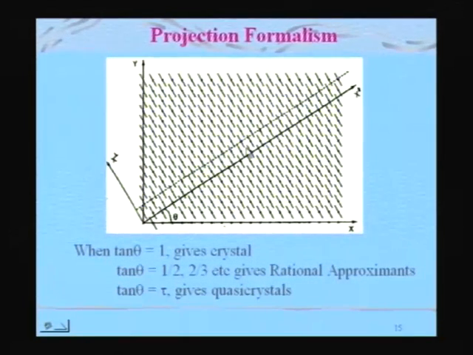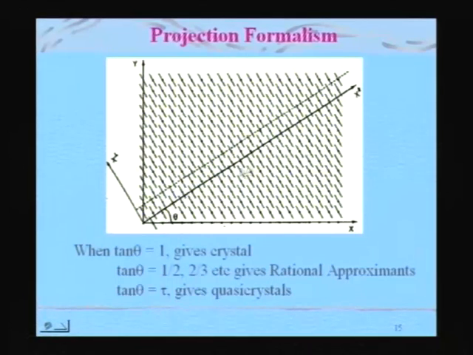So, as a result, we choose some window. This window can be of any choice. Okay, that is not important. What is important is this angle. Now, if this angle is having a certain finite value, if the tan theta is 1, then the projection, that means, when is tan theta 1? If the theta is 45. So, if the theta is 45,